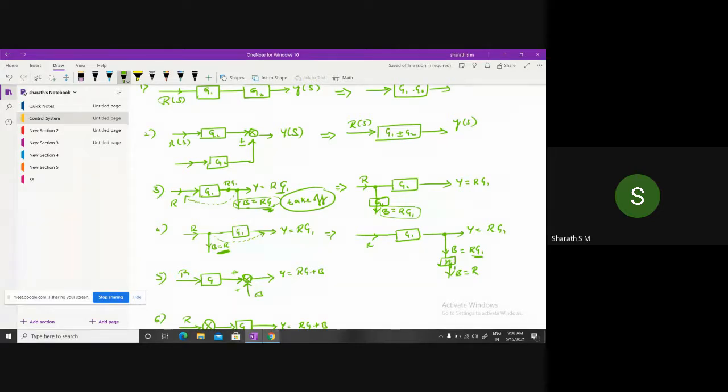So now I'm concluding these two. Once we move the takeoff point from right to left, then we need to add the variables that are present in this particular block. So here we need to add the particular block. Once we move the takeoff point from left to right, then we need to perform the division operation of whatever variable is present in the particular block. So that is 1 over g1 here. In the same way,